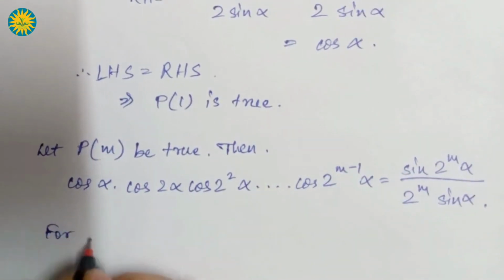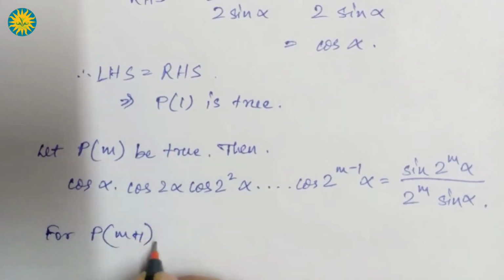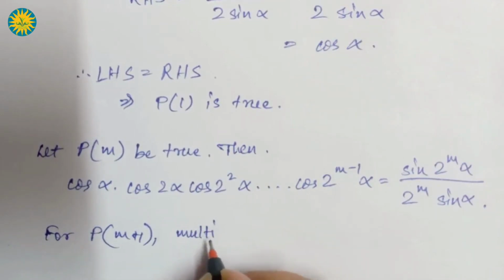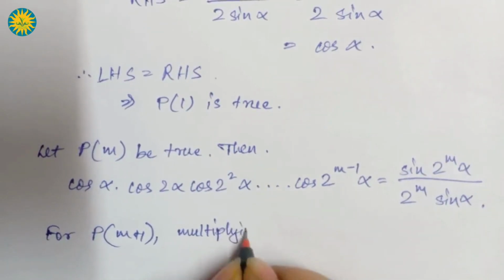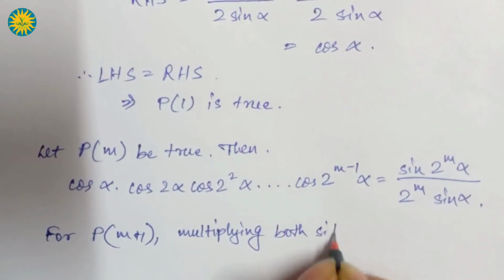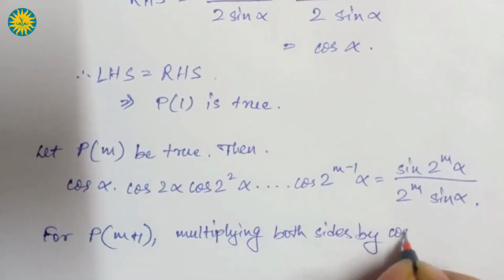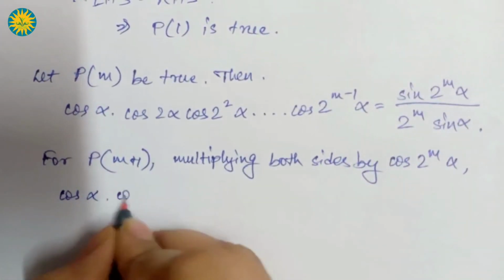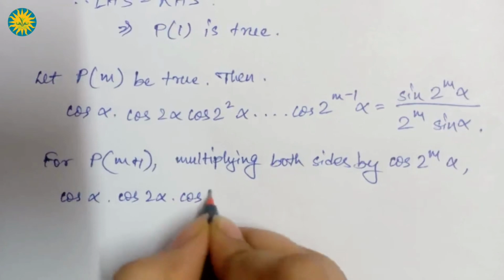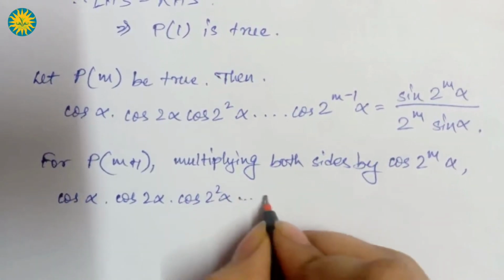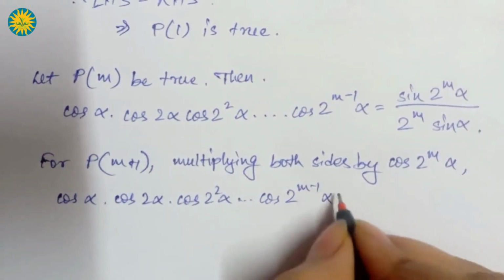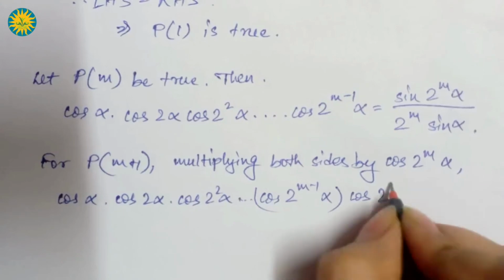Now for P of m plus 1, we need to multiply both the sides by cos 2 to the power m alpha. From that we get cos alpha into cos 2 alpha into cos 2 square alpha till cos 2 to the power m minus 1 alpha into cos 2 to the power m alpha,